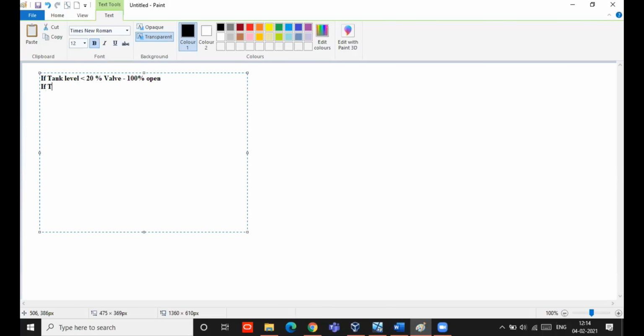Now I have different condition like this. If tank level is greater than, okay, we can take, if tank level is greater than 20 to less than 40%, 80% open.